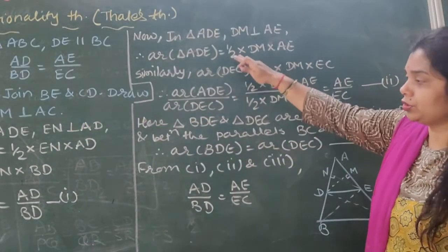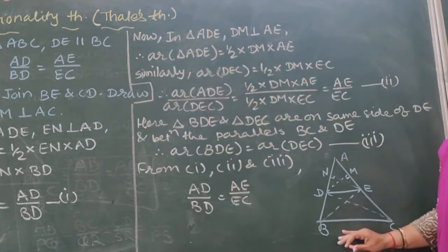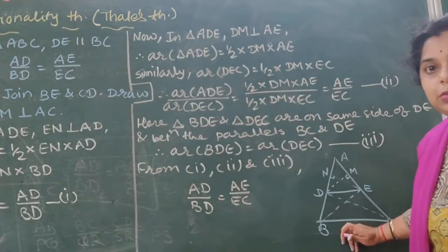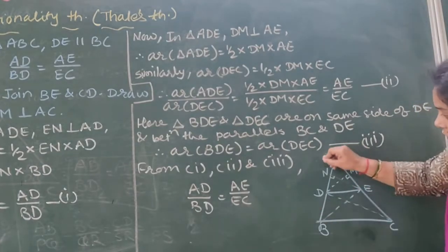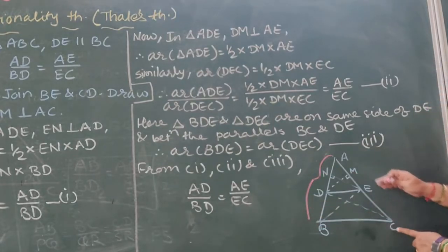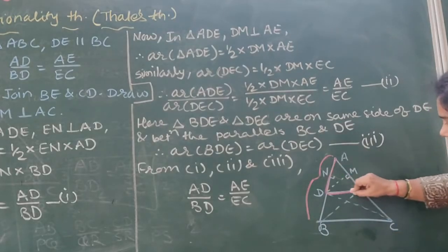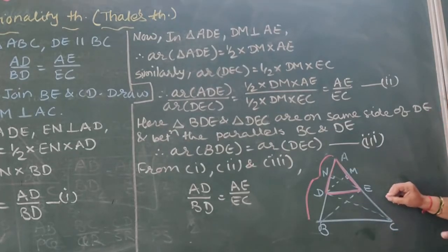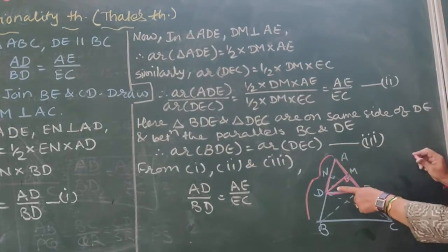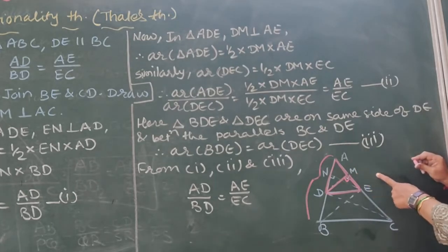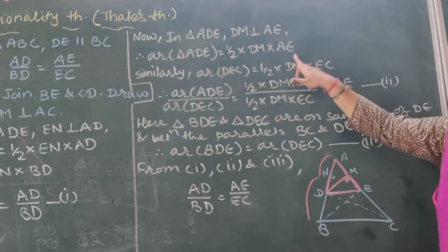Now the second portion. Now come to the right hand side. See, I have drawn a diagram here because I know you can't see the original diagram. Okay, so we have already completed the left hand side. Now we are coming to the right hand side. For the right hand side, again you have to take triangle ADE, but with another base and another altitude. Now the altitude is DM and the base is AE. So area ADE is equal to half into DM into AE.